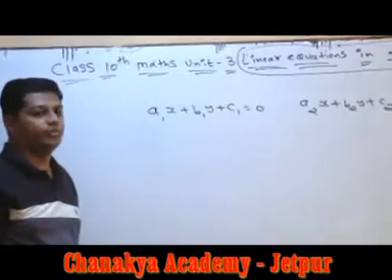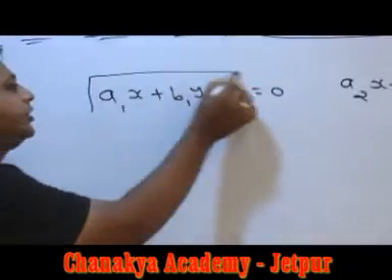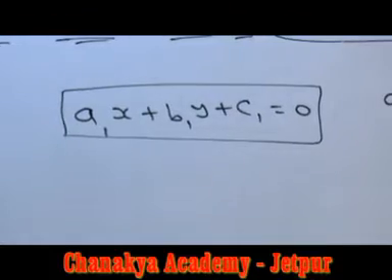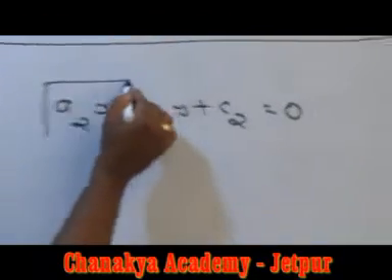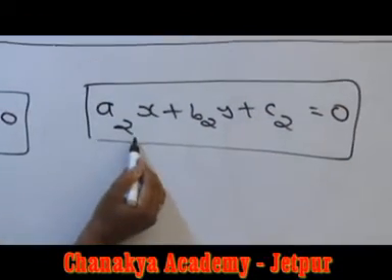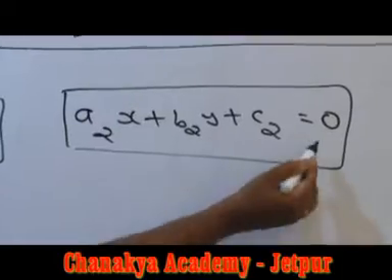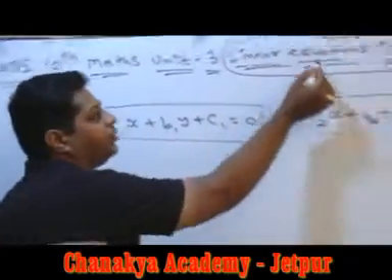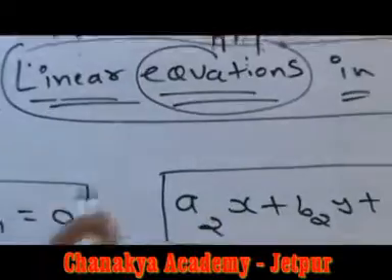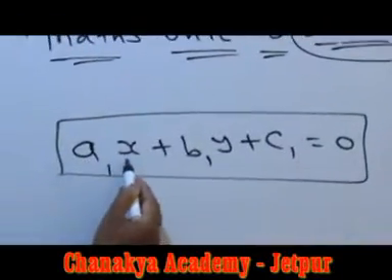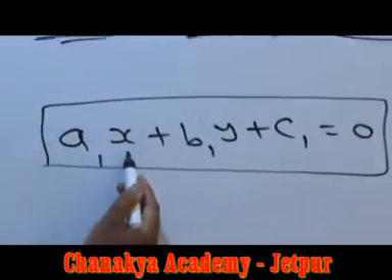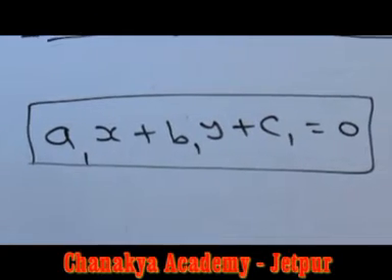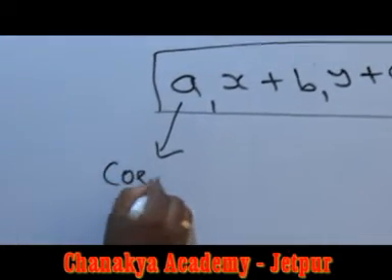Students, we have to remember two equations. First equation is a1x plus b1y plus c1 equal to 0. Second equation will be a2x plus b2y plus c2 equal to 0. Students, here what I have written is equations, so there are two equations. In the first equation, a1x, where a1 is a coefficient of x, b1 is a coefficient of y, c1 is a constant. Repeating, a1 is a coefficient of x,